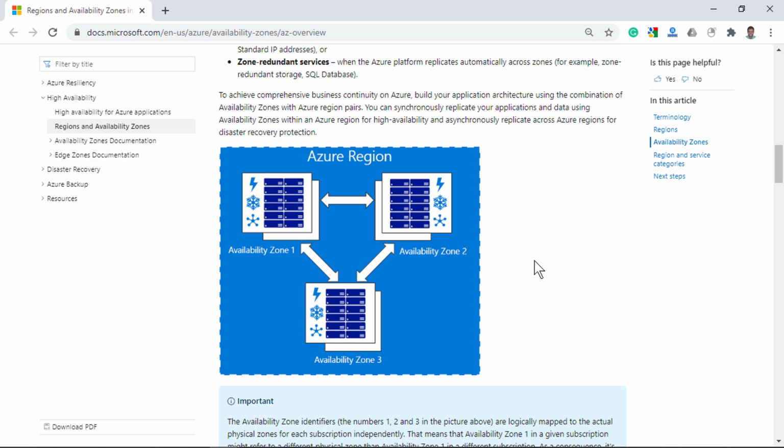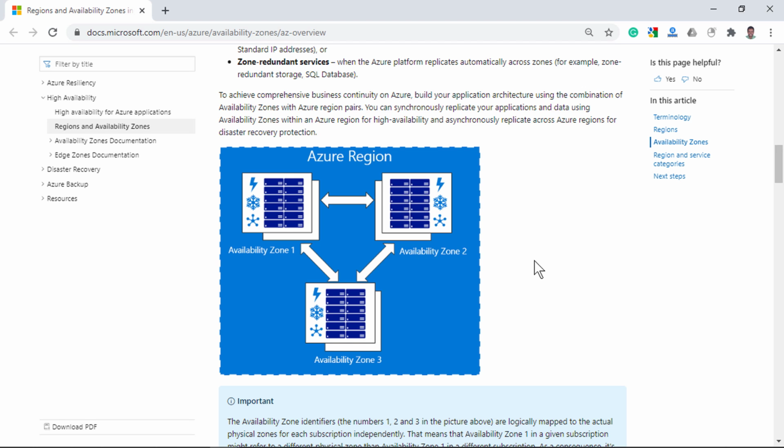Well, before answering this question, let's review the Microsoft documentation. For Azure regions enabled with availability zones, you have 3 availability zones in a particular region, and each availability zone is made up of 1 or more data centers. So if you deploy all 3 virtual machines as part of a single availability zone, you're deploying all the VMs in either 1 or 2 data centers within a single availability zone.